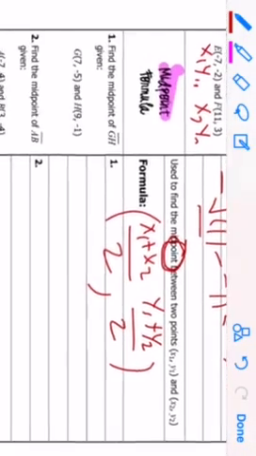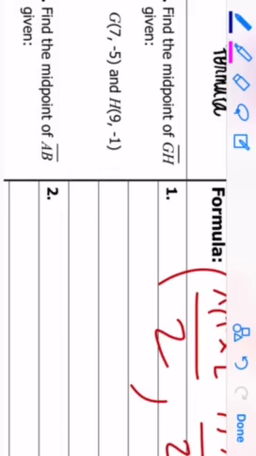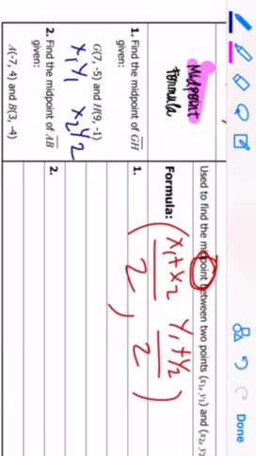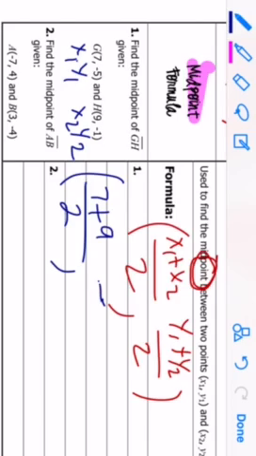All right, so find the midpoint of GH given G is 7, -5, and H is 9, -1. Okay, so this will be our x1, y1 again, and x2, y2 that we plug into the formula. All right, so since the formula is written right above, let's just substitute. So instead of x1, we have 7, and instead of x2, we have 9. So we have 7 plus 9 all over 2, comma. Instead of y1, we have -5. Instead of y2, we have -1